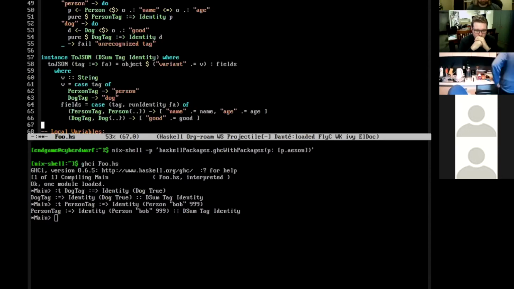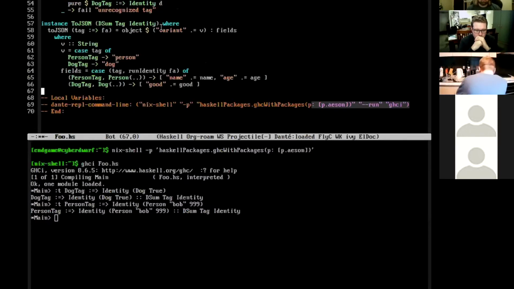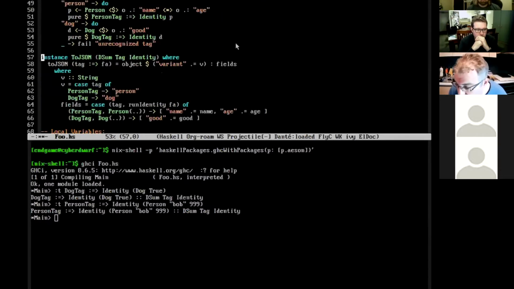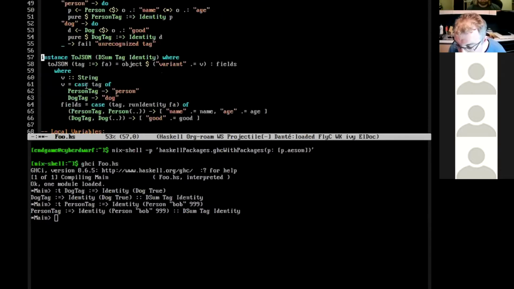And so the goal of the constraints-extras library, as I can understand it, is to allow us to write things that are generalized over the tag and over the f. So we want to be able to get to a point where we can write these fromJSON and toJSON instances for DSum for some arbitrary tag t and some arbitrary functor f.